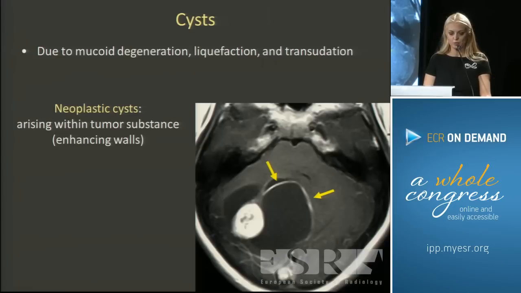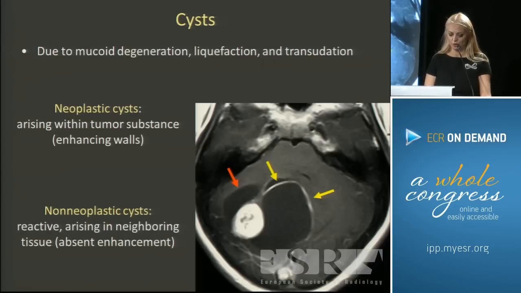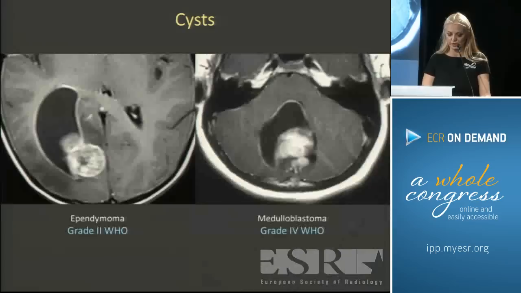And some cysts will just be reactive cysts, and they will be called non-neoplastic cysts. These reactive cells arise in neighboring tissue, and they will not have an enhancement. What do you think? Is a cyst telling us something about the tumor, about the histological grade? Unfortunately not. I'll put here ependymoma, which is a grade 2 tumor, and medulloblastoma, which is a malignant grade 4